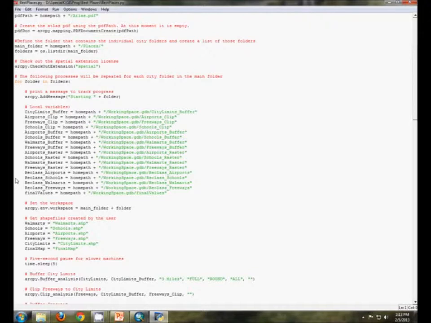The first loop here is a geoprocessing loop, which takes care of all of the data manipulation and creates the actual output data. The second loop, which we'll show you in a minute, will take that data and create a PDF from it and then put it in the atlas. So first,